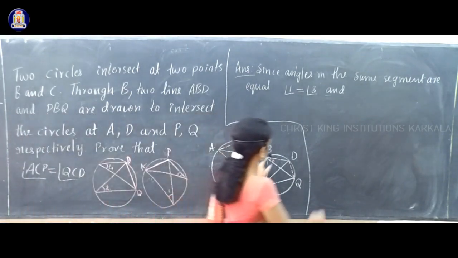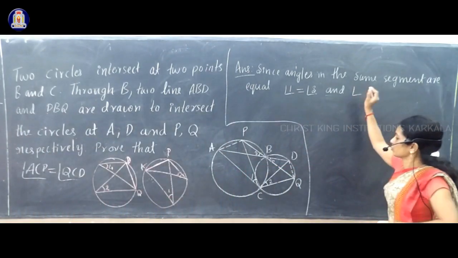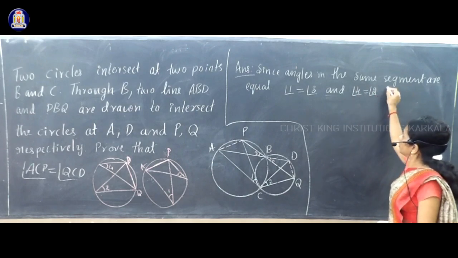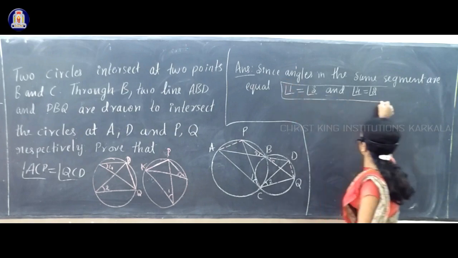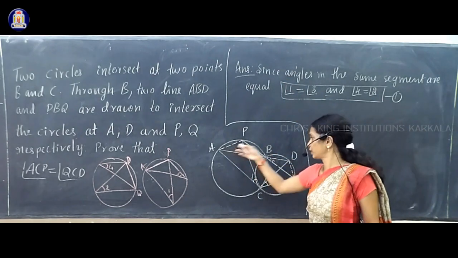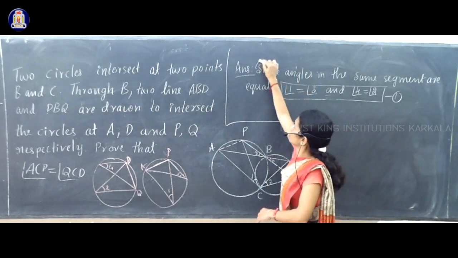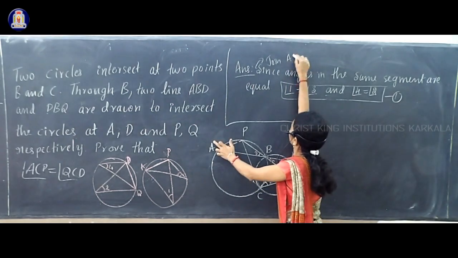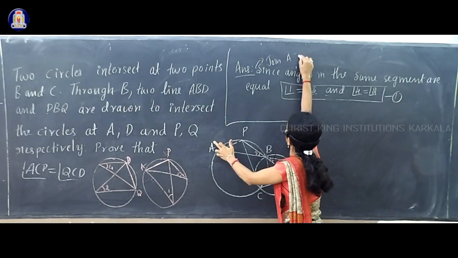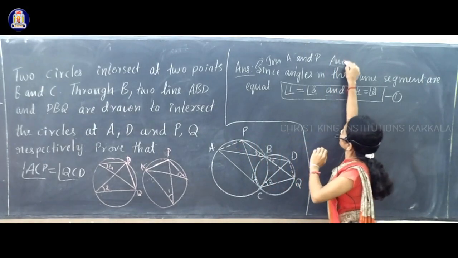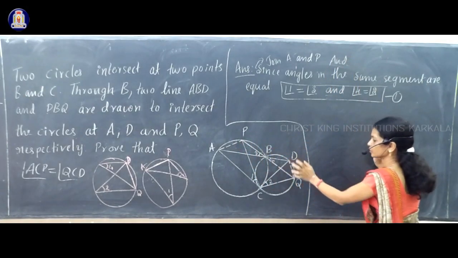Okay. For both we are using the same result, so I wrote it together. Angle 4 is equal to angle 2, and you take this as equation 1. And here we draw next, before this you have to write: join A and P. Join A and P, and one more set of points, P and Q.